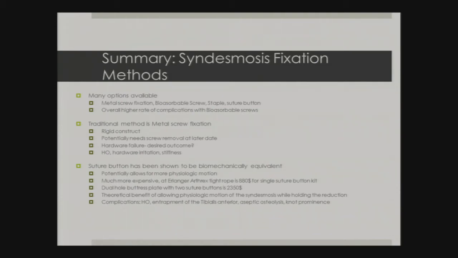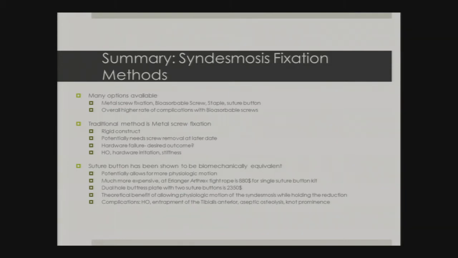So the suture button is, like I said, the newer implant. It's been shown to be biomechanically equivalent. It theoretically allows for more physiologic motion of the joint, and it's definitely a lot more expensive than a single or double screw construct. Erlanger, with their contract with Arthrex, is able to get it for $880 for a single suture button. If you use the dual hole buttress plate that was pictured earlier, which Arthrex recommends for heavier patients